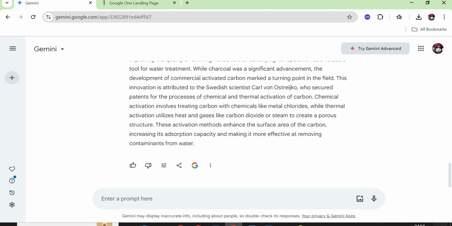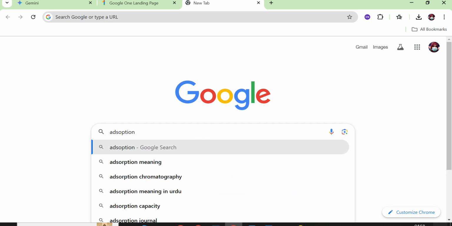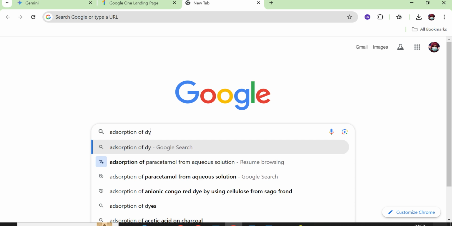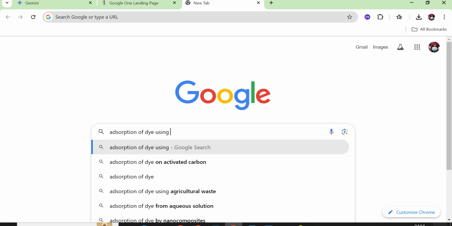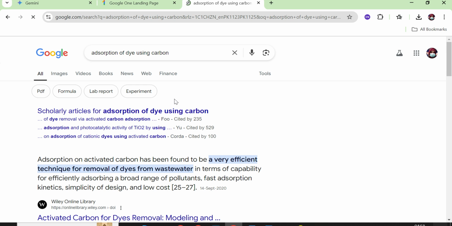In addition to writing, rephrasing, rewriting, removing plagiarism, extending and summarizing the data of your document, you can also work on literature review using Bard AI. For example, if I am writing any kind of document, adsorption of dye using carbon. Okay, so if I am writing any review paper, for example, or if I am writing a thesis, then